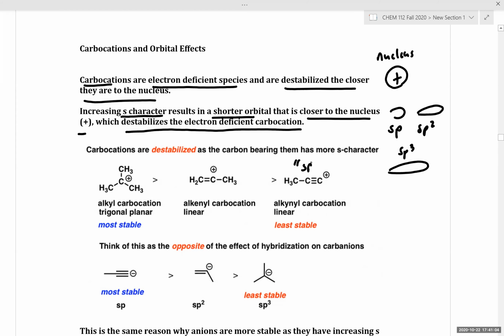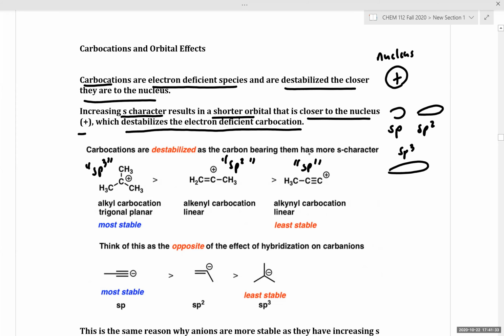But I'm just going to put this in parentheses as quote unquote sp, quote unquote sp2, quote unquote sp3, because it really emphasizes that as we move from this alkynyl carbocation to an alkenyl carbocation to an alkyl carbocation, we in turn end up with more S character, and in turn, this increasing S character, so this increasing S character observed in